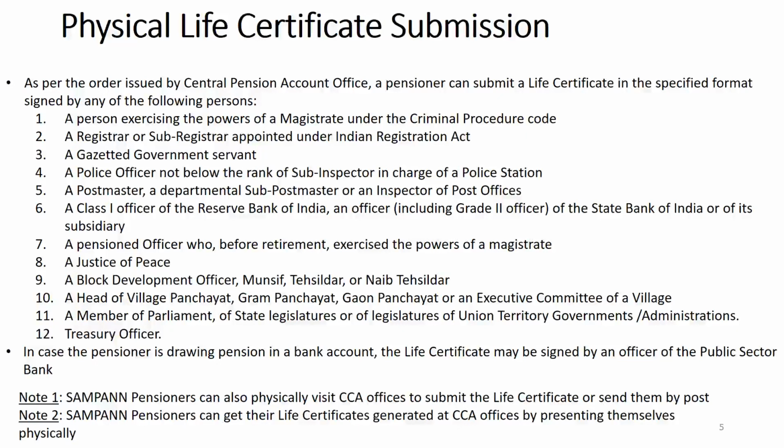The persons are: a person exercising the powers of a magistrate under the Criminal Procedure Code, a registrar or a sub-registrar appointed under the Indian Registration Act, a gazetted government servant, a police officer not below the rank of sub-inspector in charge of a police station, a postmaster, a departmental sub-postmaster or an inspector of post offices, a Class 1 officer of the Reserve Bank of India, an officer including Grade 2 officer of the State Bank of India or of its subsidiary,